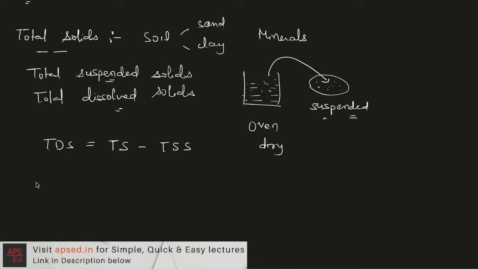So from the health point of view, the IS 10500 has given the limit of these solids. So these are limited to 500 milligrams per liter. It should not exceed this value in normal circumstances. But if no other water body is present for drinking water, then this limit is 2000 milligrams per liter, and it should never exceed this value. I mean, if the value is above 2000 milligrams per liter, then it's a cause for the rejection of the water.